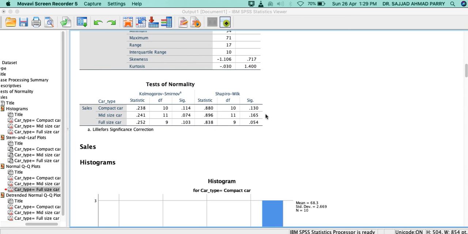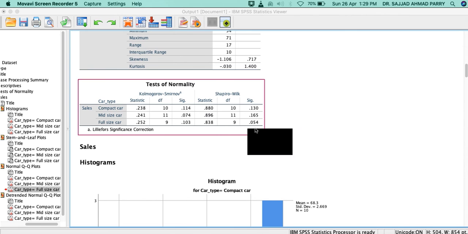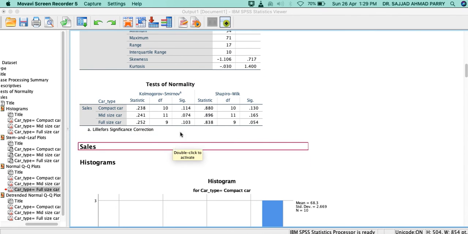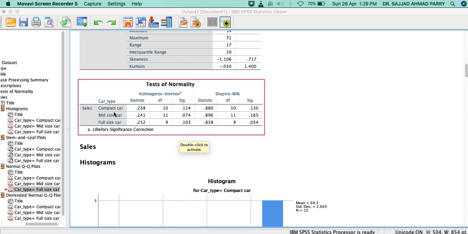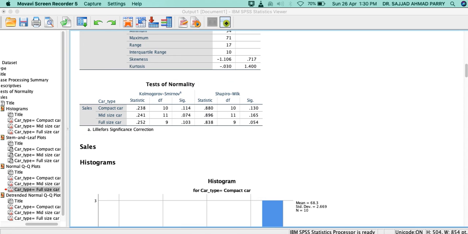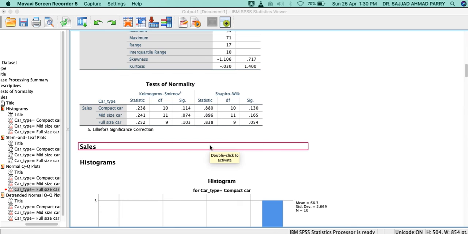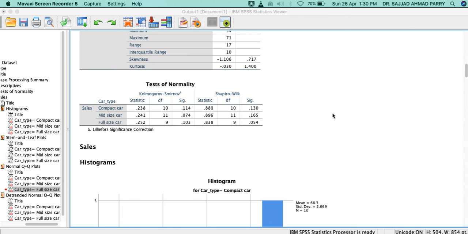If you see, it is 0.130, 0.165, and for full size cars 0.054. And here again, for compact cars it is 0.114, for middle size cars 0.074, and for full size cars 0.10. All of these are greater than our level of significance, which is p equal to 0.05.